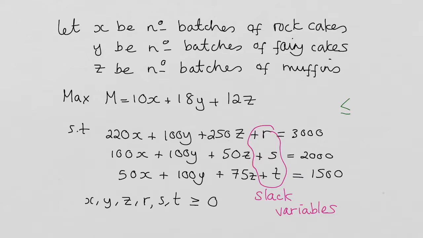We can't solve this graphically, like some of the previous questions, because we have X, Y, and Z. We also now have R, S, and T. I can't just plot it on a piece of graph paper and work out a feasible region and then do the objective line method or the vertex testing method. I've got to take a different approach. And that approach is the Simplex algorithm. It's a technique which,